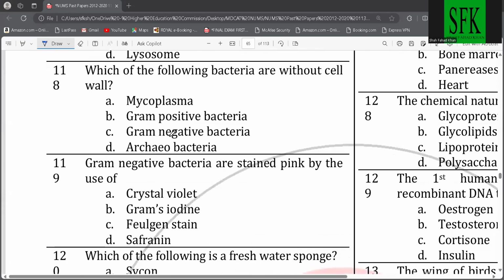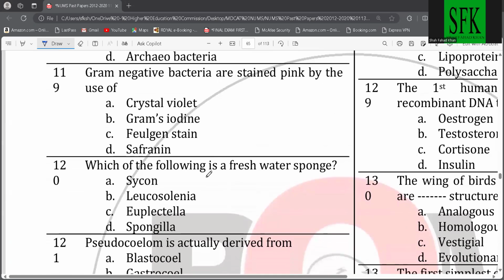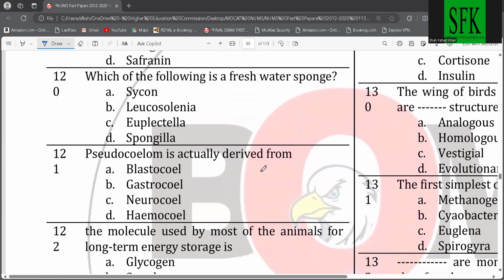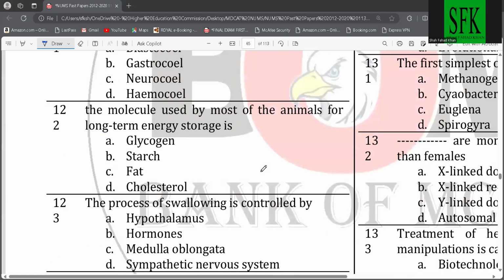Which of the following bacteria are without cell wall? Mycoplasma is the smallest bacterium without a cell wall. Gram-negative bacteria are stained pink by the use of crystal violet. Gram's iodine, safranin, check these too from the book, okay. Which of the following is a, check it,